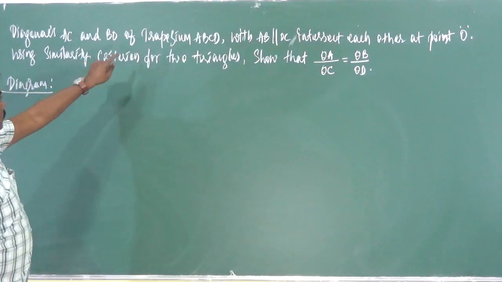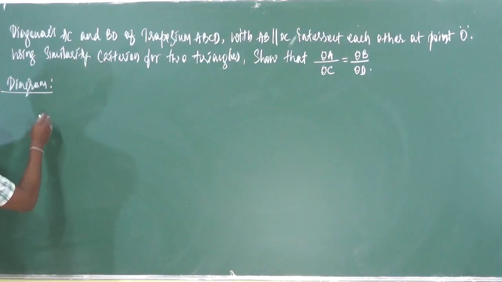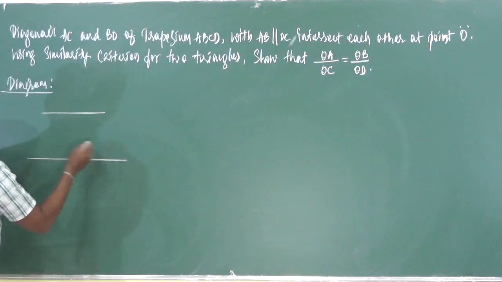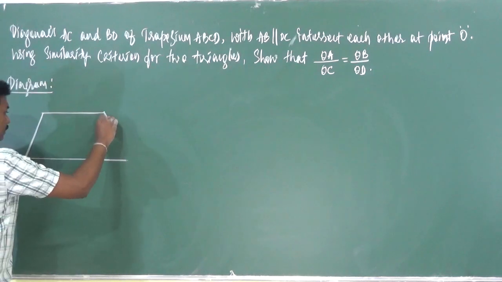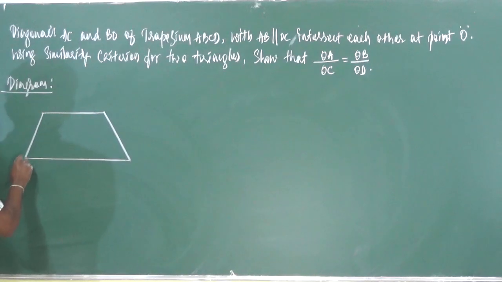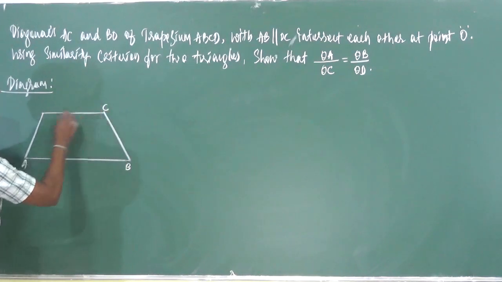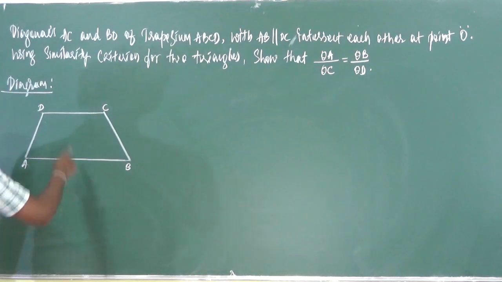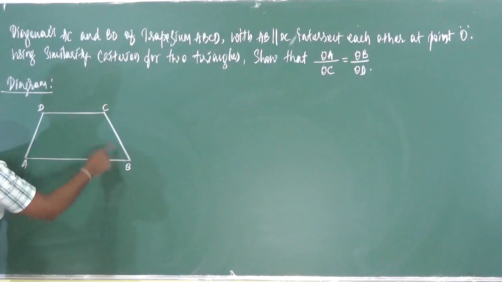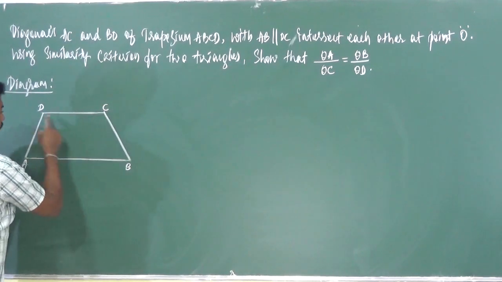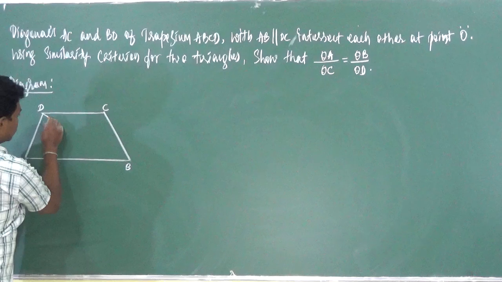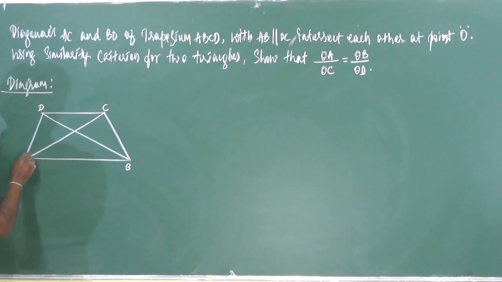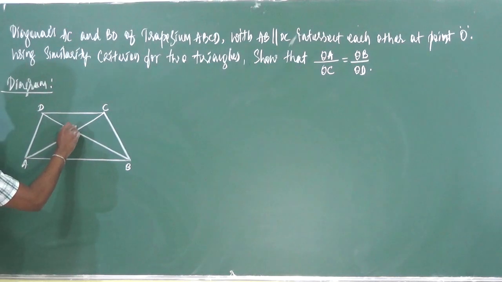Diagonals AC and BD of trapezium ABCD. So we have to draw a trapezium here. Right. So this is the trapezium. Let us take it as A, B, C and D. So ABCD is a trapezium. AC is one of the diagonals, BD is one of the diagonals. We have to connect the non-consecutive vertices. So when we join the non-consecutive vertices, the two meet at a point